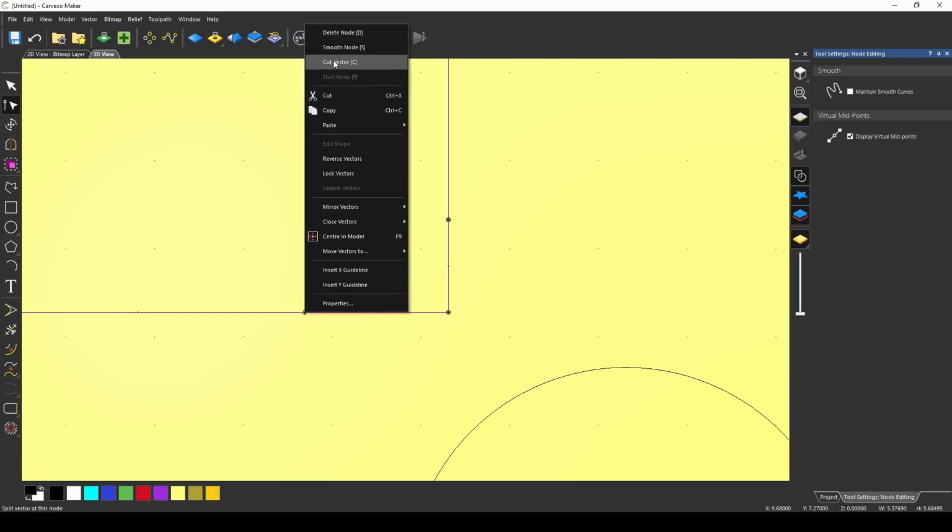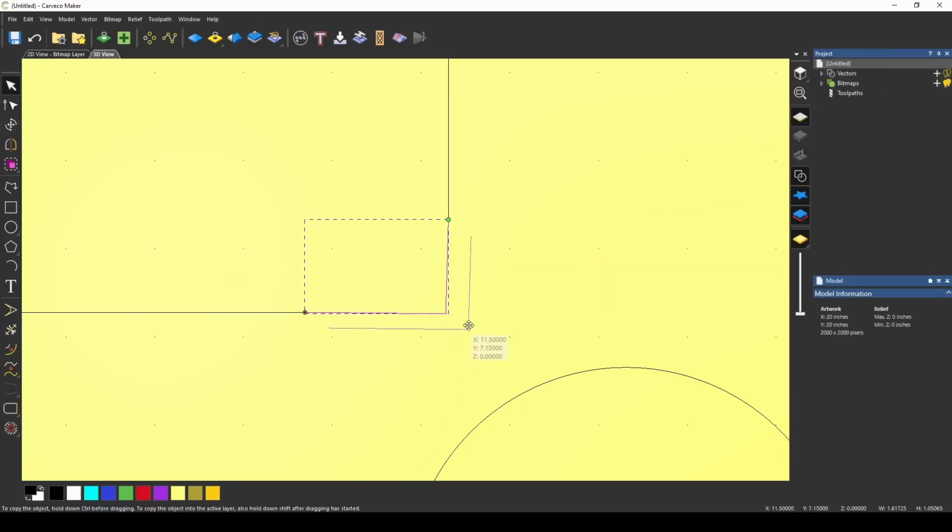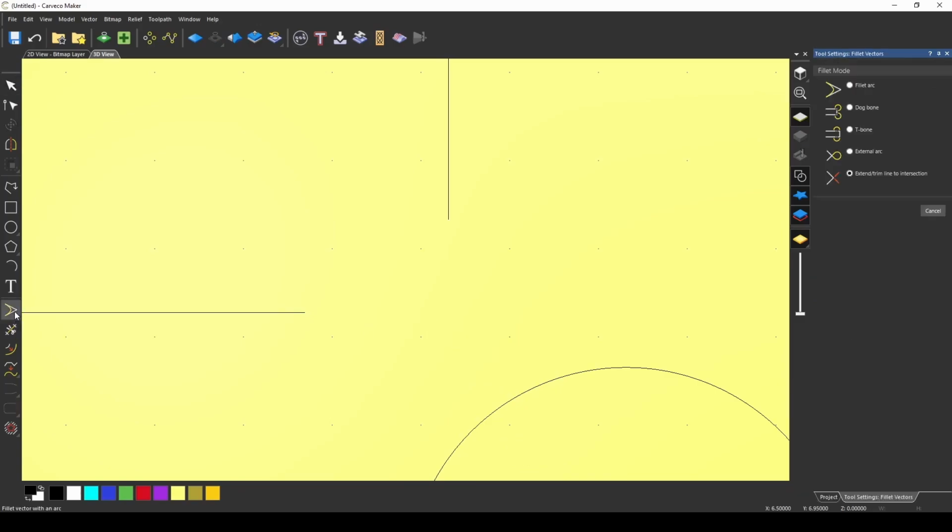We're going to cut this node. And you can see now that I've cut those two nodes, it cut this vector out. This vector is now free floating. I could grab this, and we're in node editing, so it's stretching it. If I were in my selection mode, I could grab this and pull this out. We press delete and we'll delete it. Going back to this fillet vectors tool, we're going to highlight this vector here and this one. And that extend trim line took that line until they met back up, and that recreated that corner. This is a very powerful tool that probably not many people use.